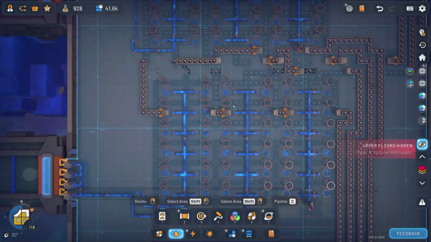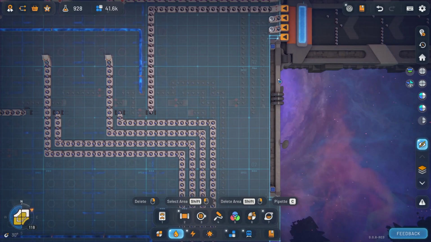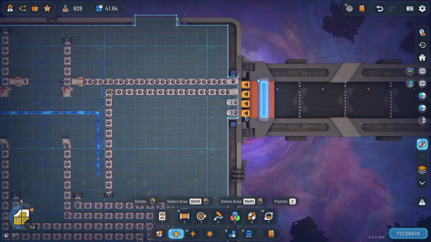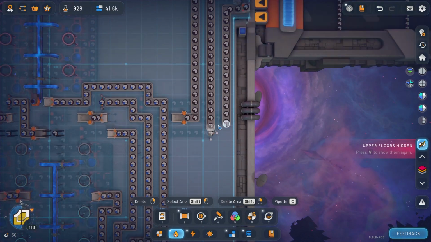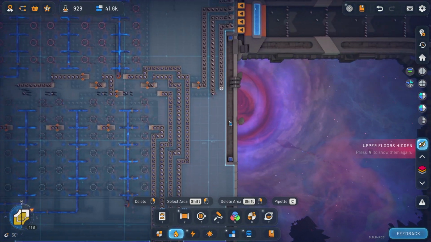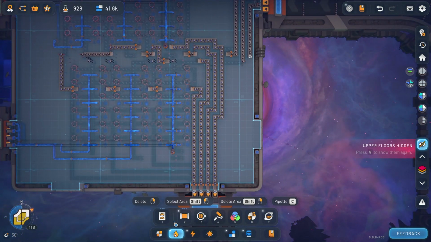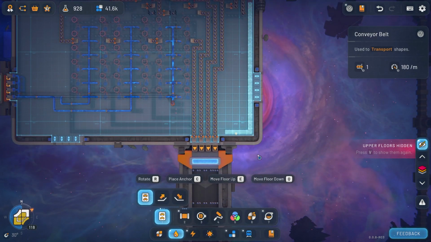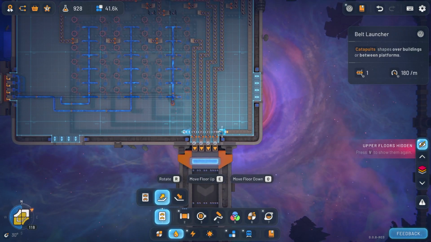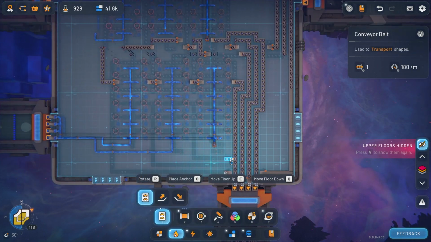All right, so that's the 3 inputs done. We got 3 to go, and we should have 3 pipes left. 3 cables, 3 belts left. 1, 2, and 3, 4. No, that one's already connected. So where does this one go is the question. There's nothing else that needs to be done on the second floor. So let's just take this all the way out, and let's get this over this little gap, and we'll get